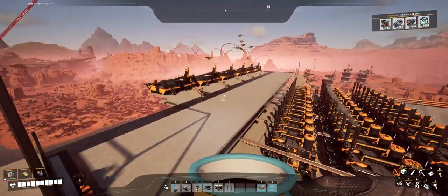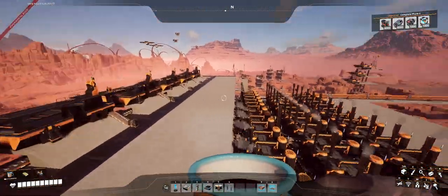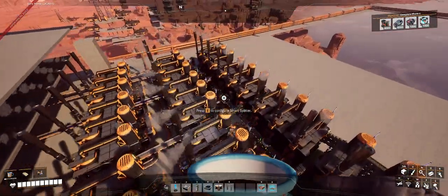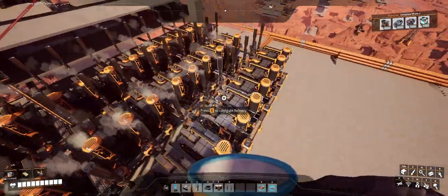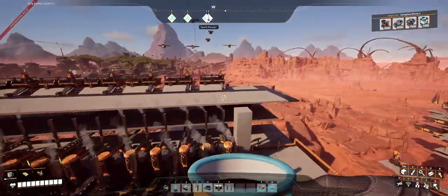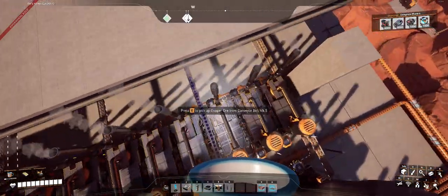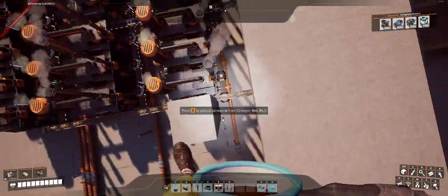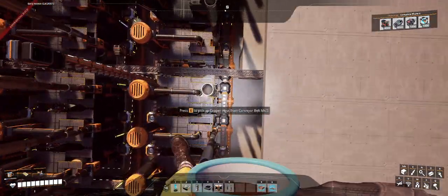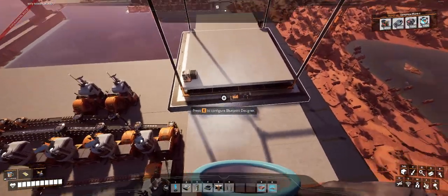What I will do is change the way I'm routing my materials. So they will route over this upper layer up here and get pulled down. I will call this my refinery basement. So the refinery underground, or refinery basement, will take from above in the corner somewhere. And I might as well make it match up with the refinery area. The easiest way to do that is to place my refinery